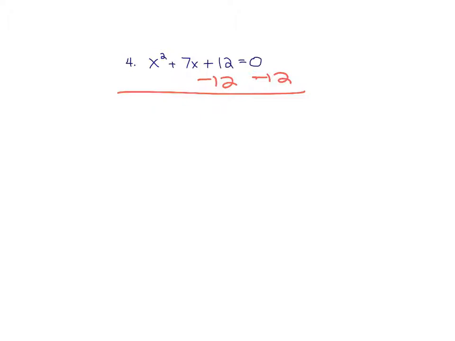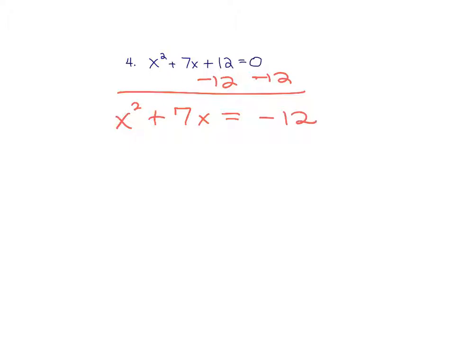Okay, so just to recap from yesterday, the steps that we're going to follow, there's 5 steps. Step number 1 is to check to see if there's a number in front of x squared. There is not, it's a 1. So now my second step is to move the constant. So I'm going to subtract 12 from both sides of my equation, and I get x squared plus 7x equals